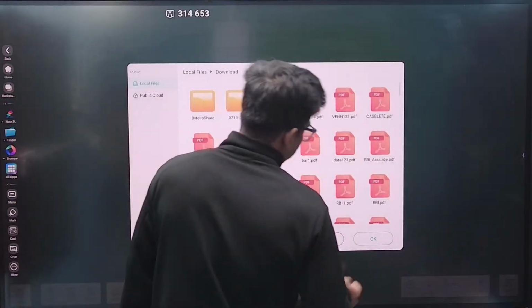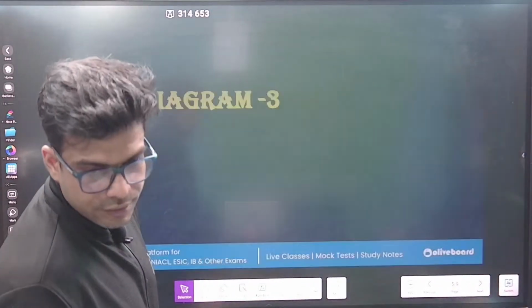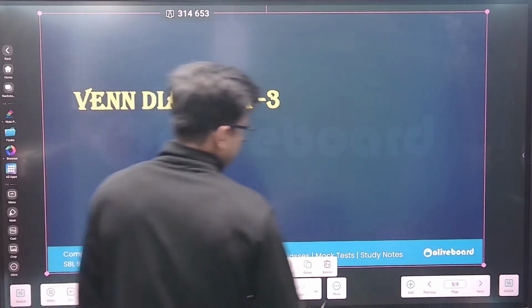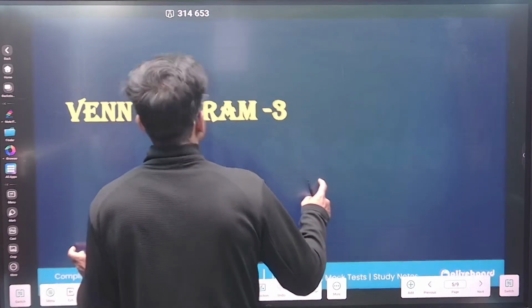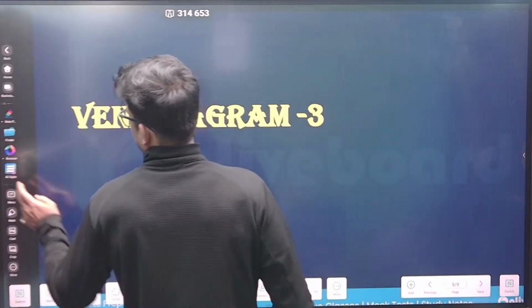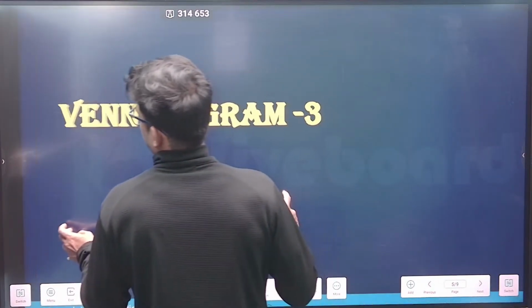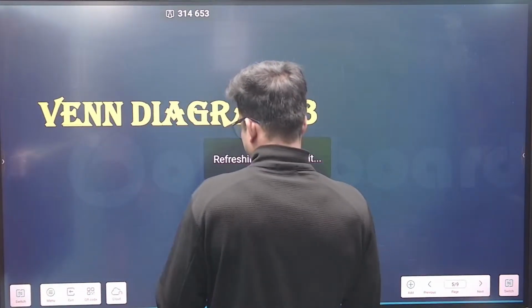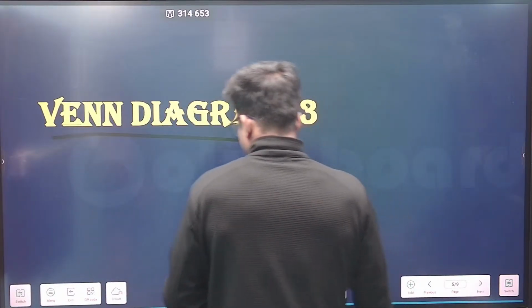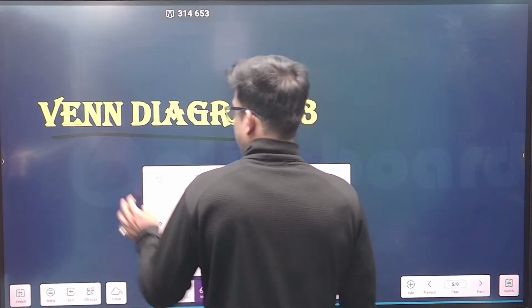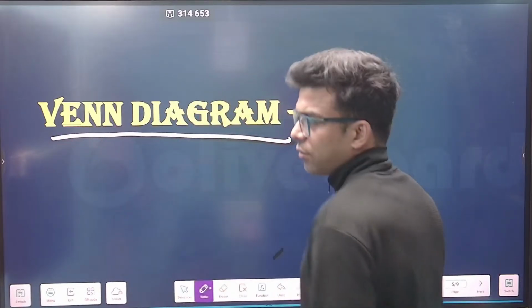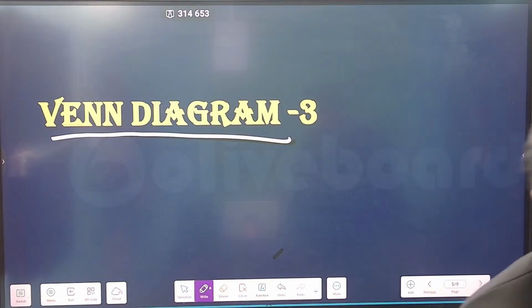Now guys, let us start with today's class. As I said, I have showed you everything. So today's class is all about the Venn diagram, and today is the last class on Venn diagram. The questions which we did, we did all of them from basic to advanced. This is really going to be important for all of you. We are solving questions of pre-examination level, as all of you have also seen me solving them, so you also know about it.